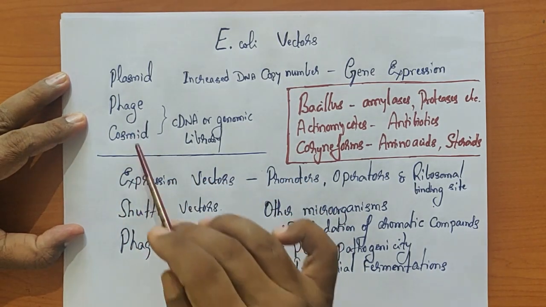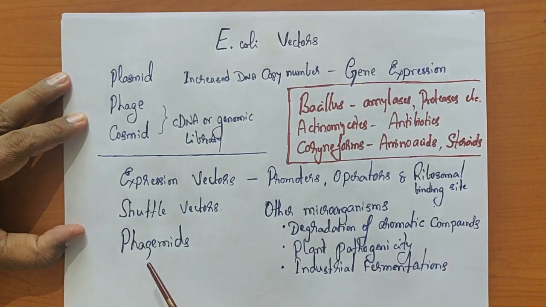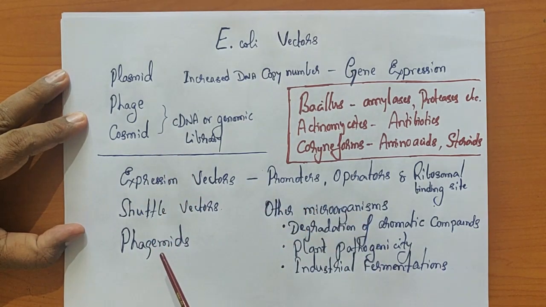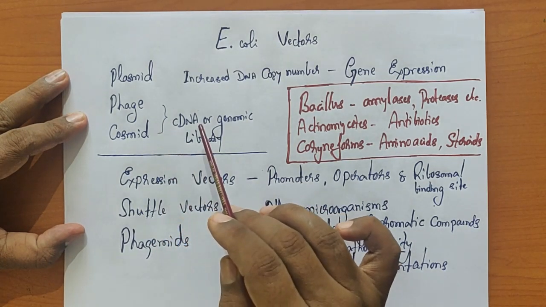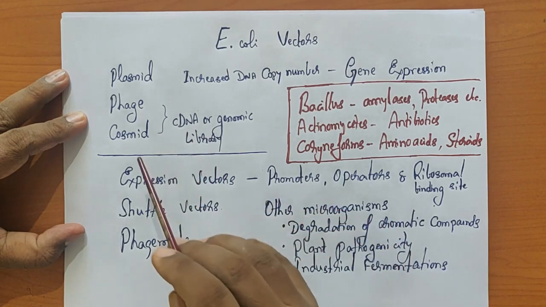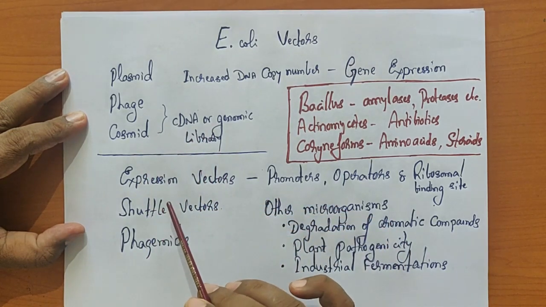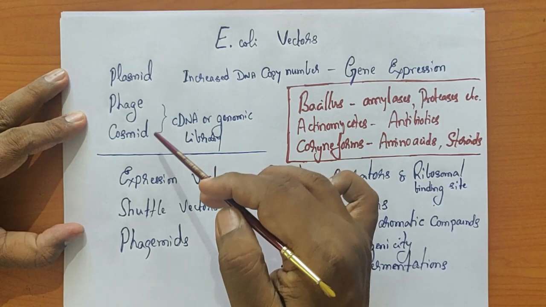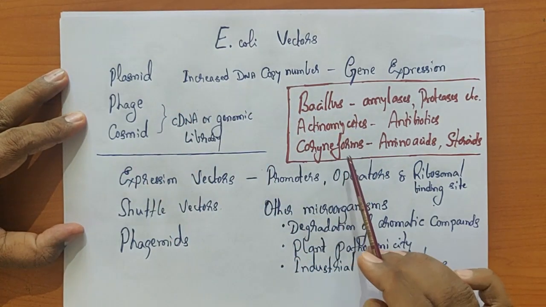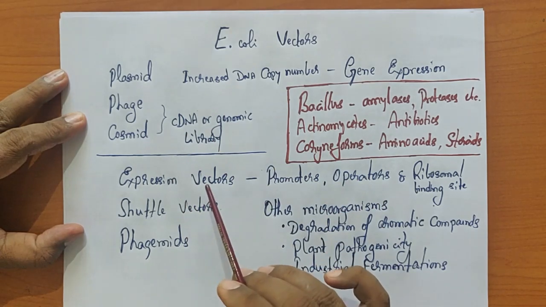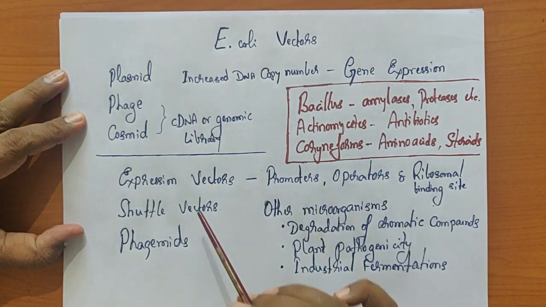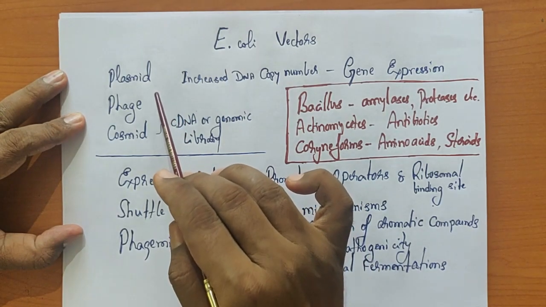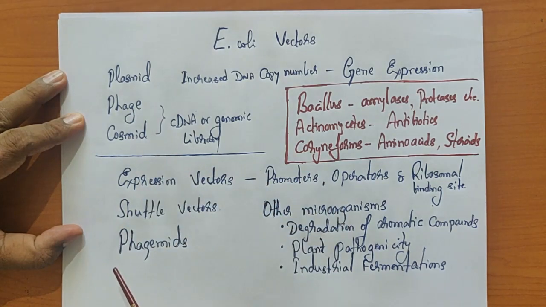In case of phage vectors or cosmid vectors, we have studied the regulatory aspect of the lytic cycle and lysogeny cycle. The most important one is the in vitro DNA packaging. During this in vitro DNA packaging, we also understood the importance of the cos site, so we could design cosmid vectors. So in all these vectors, the main function is to introduce a DNA of our choice, then we can make multiple copies. During this, the most important DNA regulatory element is the origin of replication.